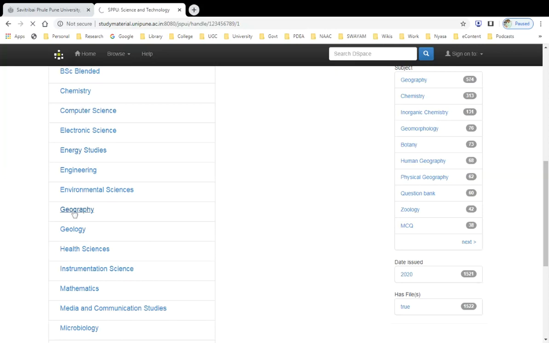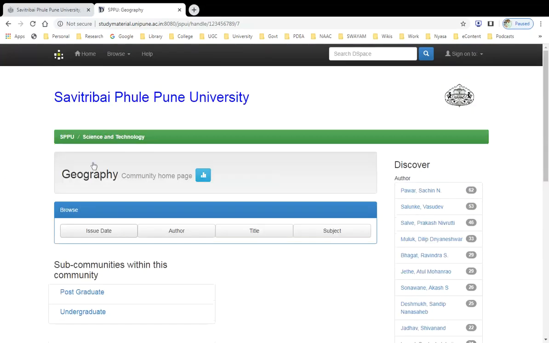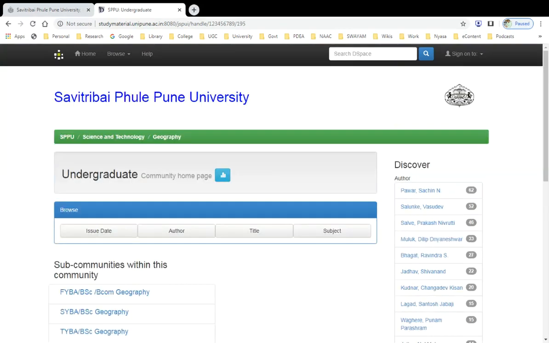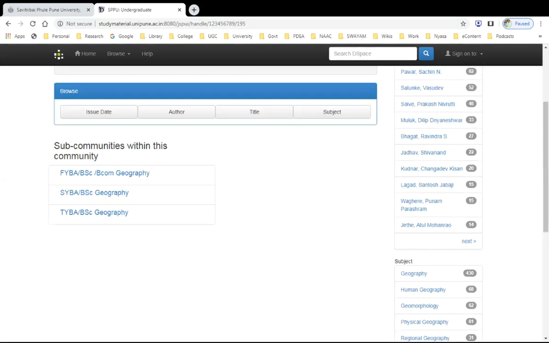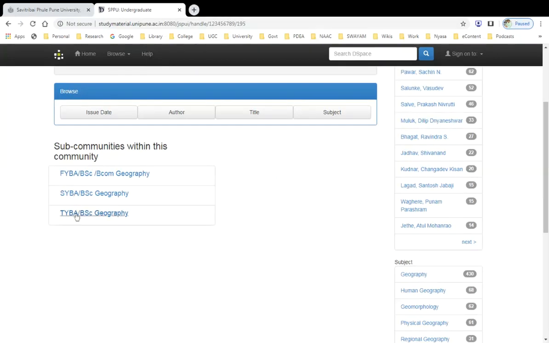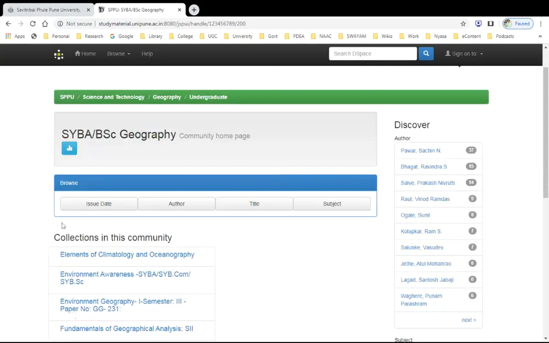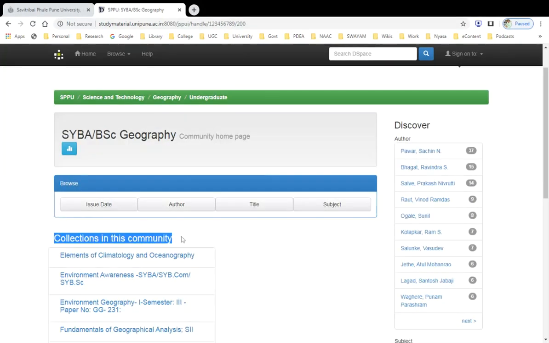Let's see geography, for example. Under geography, again, there are two sub-communities: postgraduate and undergraduate. For undergraduate, again there are first year, second year, third year, three classes, and under these classes there is no further sub-community. There are collections in each of the classes.